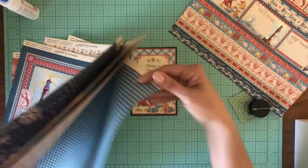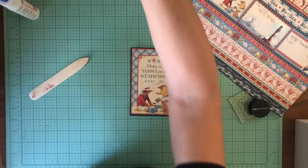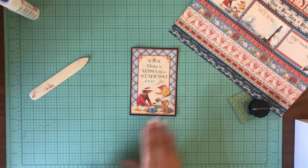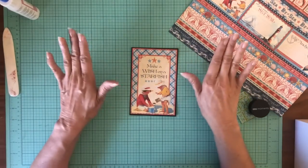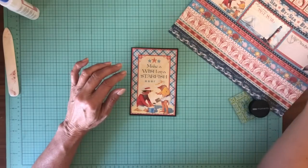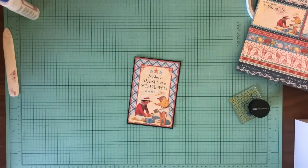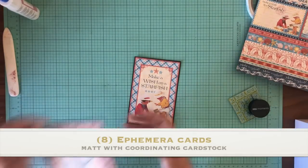Or at least partially apart. Yeah, I've already cut through all my ephemera sheets. So one of these 12 by 12s is just these ephemera cards. And we are going to use all of them. So I have actually cut both sheets apart because I'm going to use the front and the back throughout the book. So I'd like you to take your ephemera piece, trim all your pieces down,